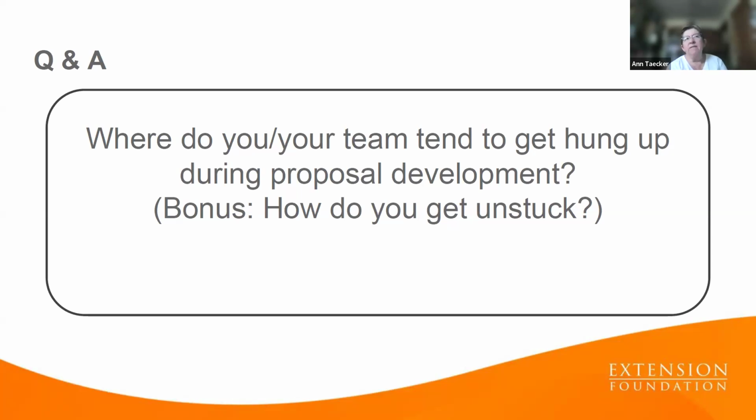But the very best education I got was serving as a reviewer. The very first time I did this, I sat back in the corner trying to be the mouse in the corner, just observing. That is huge. So look at what opportunities there might be to serve as a grant reviewer on